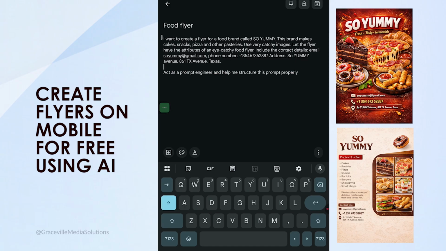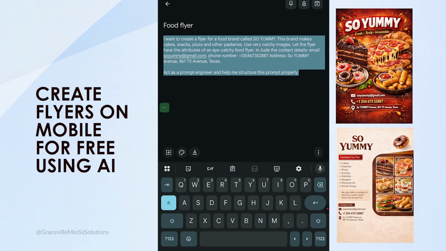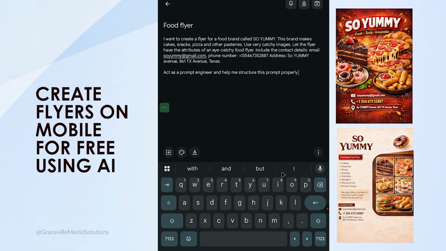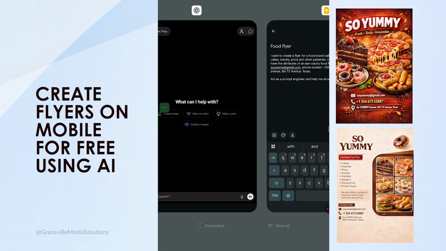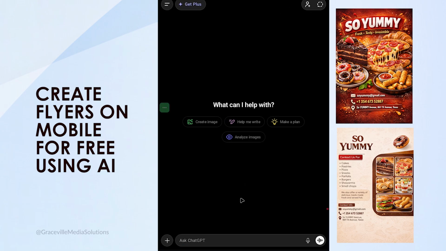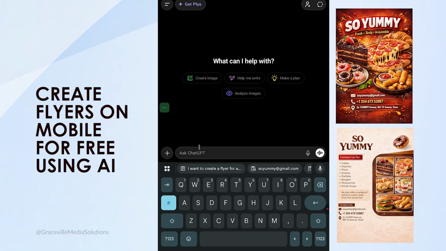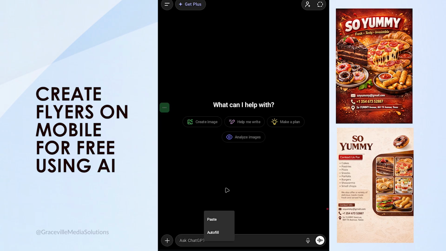So, I'm going to copy this and I'm going to go into ChatGPT and paste it. Now ensure you watch every part of this video because this video is loaded. I'm going to take my time to explain this bit by bit. So ensure you don't skip any part of this video. Right, so I'm going to paste it into ChatGPT